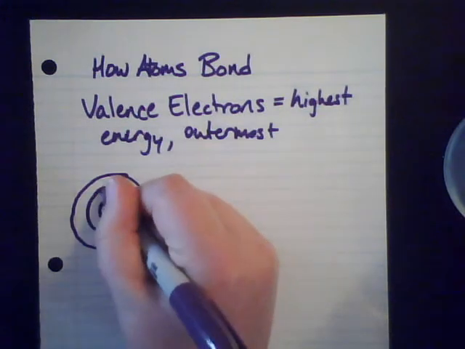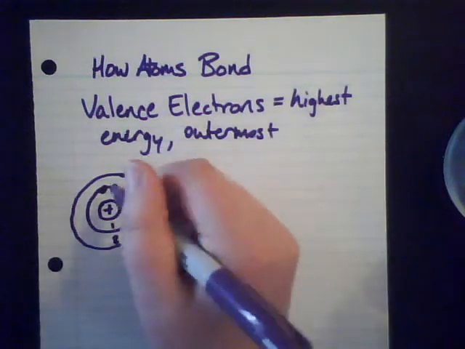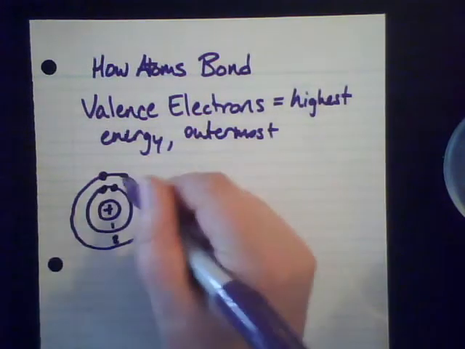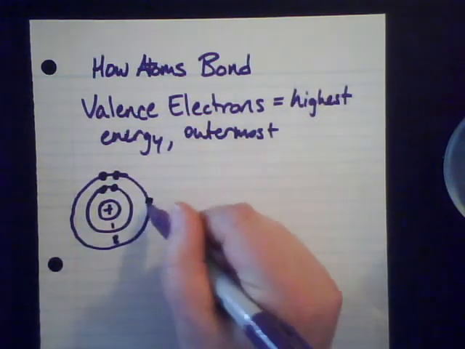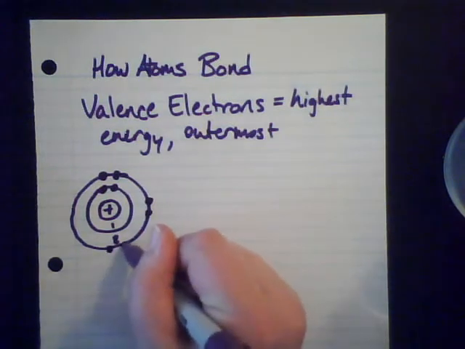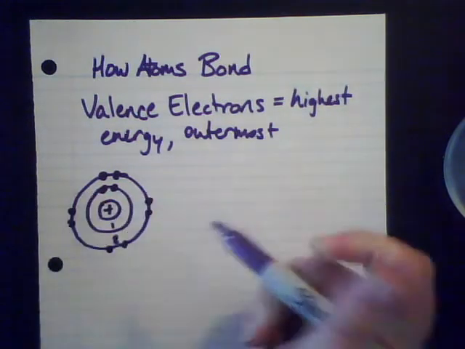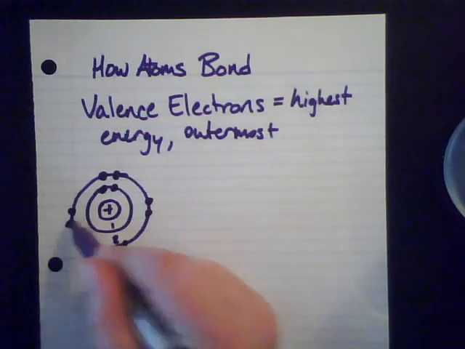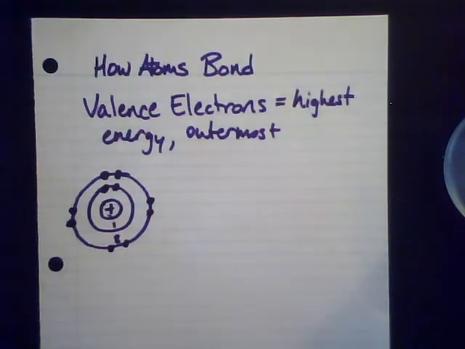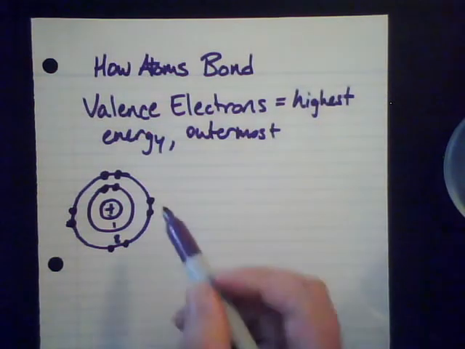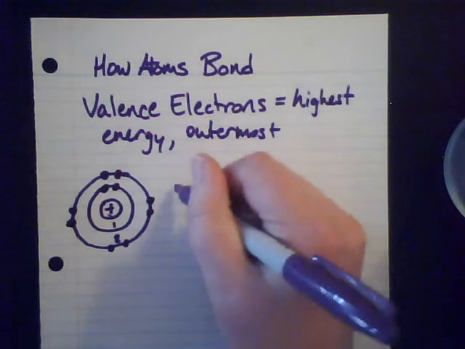If I have electrons that are in the inner shell, that's one thing, and then if I have electrons in the outer shell, then these are my highest energy valence electrons, the outermost, the ones that are further away from the nucleus. Okay, so the valence electrons are the ones that are responsible for chemical bonding, and they can either be shared,